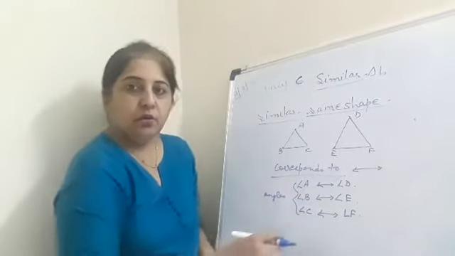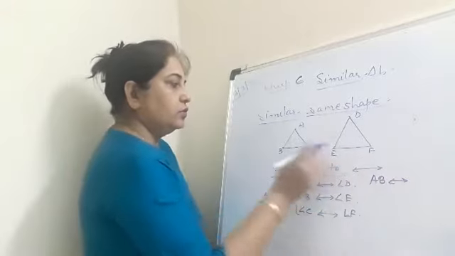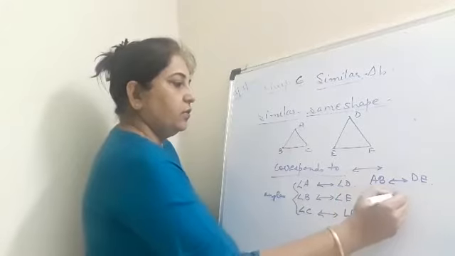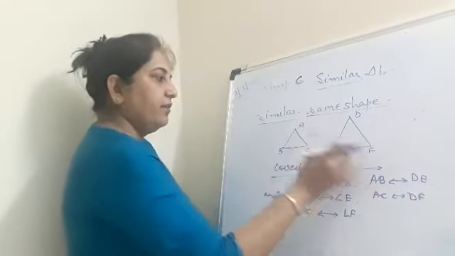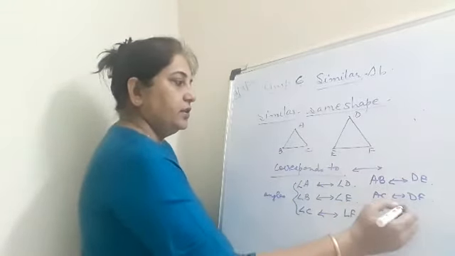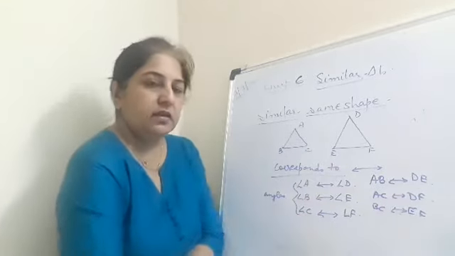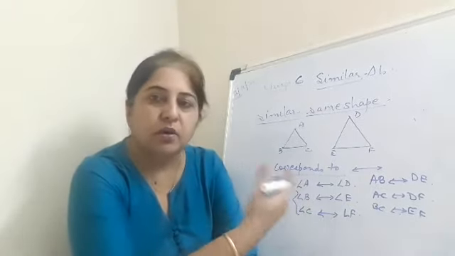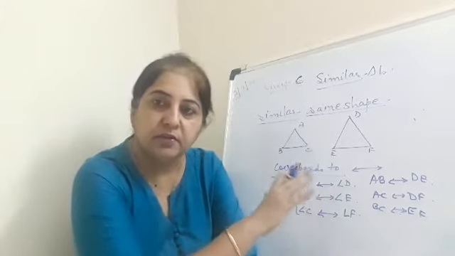These are corresponding angles. Now when we talk about corresponding sides, AB corresponds to DE. AC will correspond to DF, you have to understand the meaning of correspond. And BC will be the corresponding side to EF, right? So these are the basic things which you have already studied in your previous classes: the meaning of the word congruence, and the congruent corresponding angles, corresponding sides and corresponding vertices.